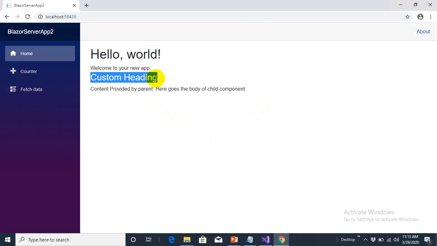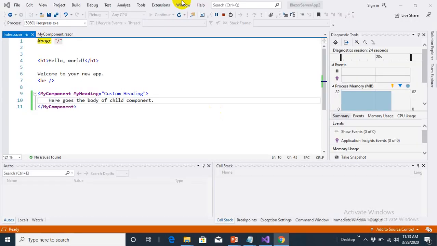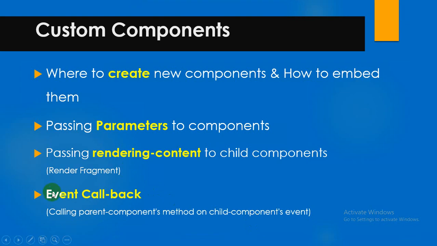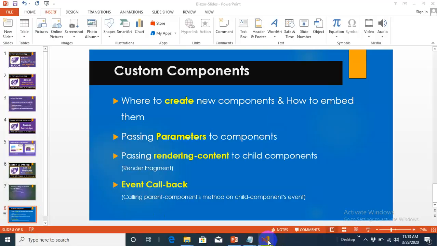So here is my heading that's coming through a parameter. This is the predefined content in the child component, and this is the render fragment that I have provided from the parent component. Okay, so the last thing that I want to explain to you is the event callback. What is an event callback? Through an event callback, we call the parent's event from a child component, but we need to define that first. For example,